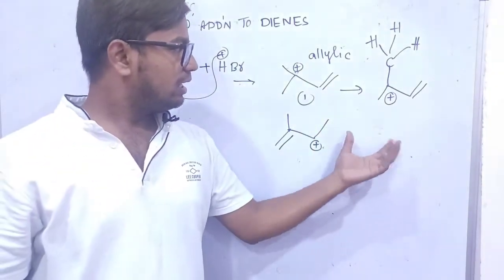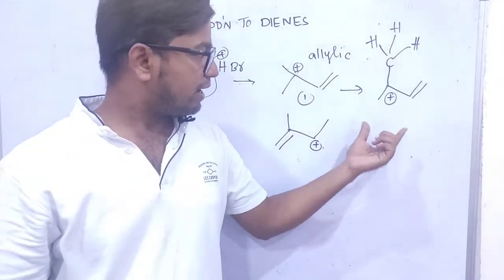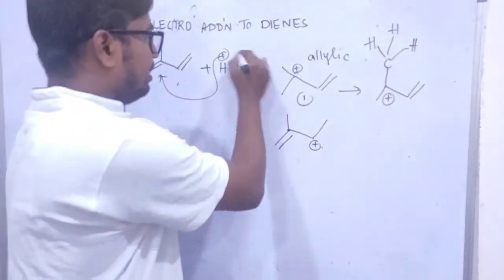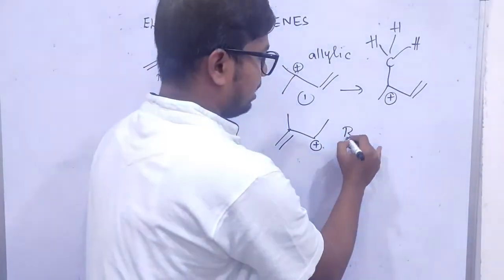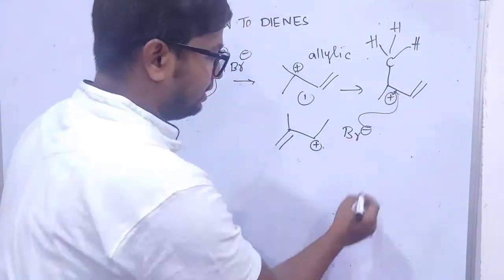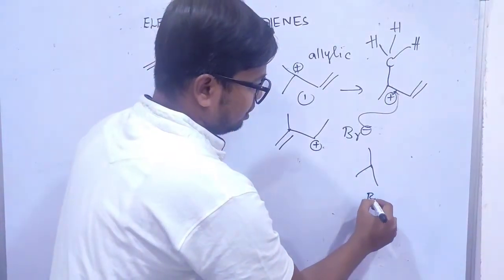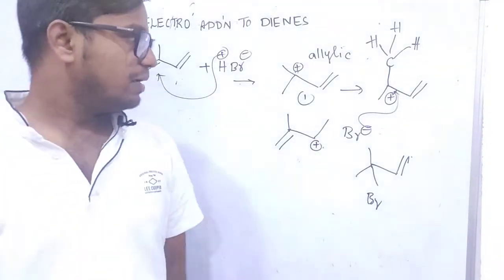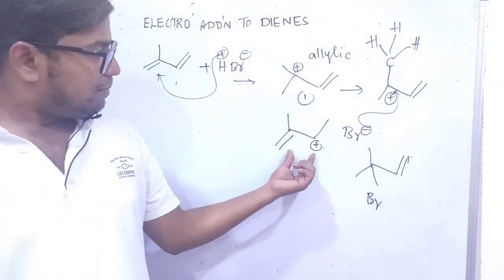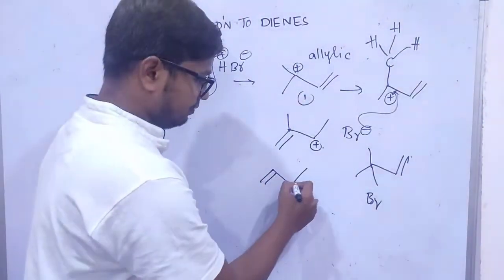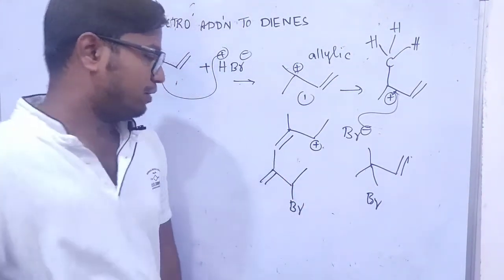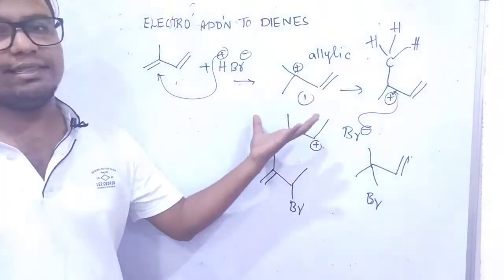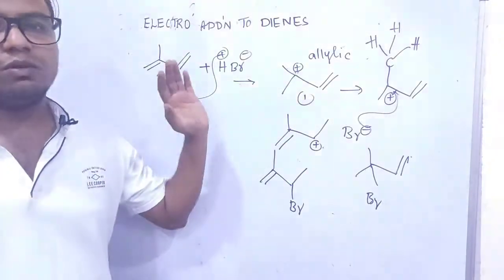So by this reaction pathway, we will obtain the major product from the carbocation of the first type. So we got Br minus here, which acts as a nucleophile. The Br minus is going to add here, resulting in the formation of the bromine-substituted product with the double bond. This is the major product formed here, right? The minor product is this one. So you must understand that the stability of the carbocation decides the major product. Okay, so this is one example.